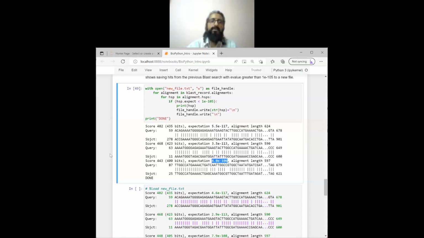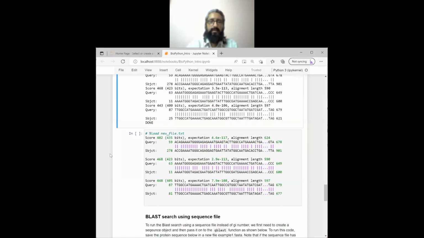let's say you are working on some pathogenic drug targets, for example, and you want to find out human homologs. Let's say you have 10 targets and you want to find out human homologs. So you can create